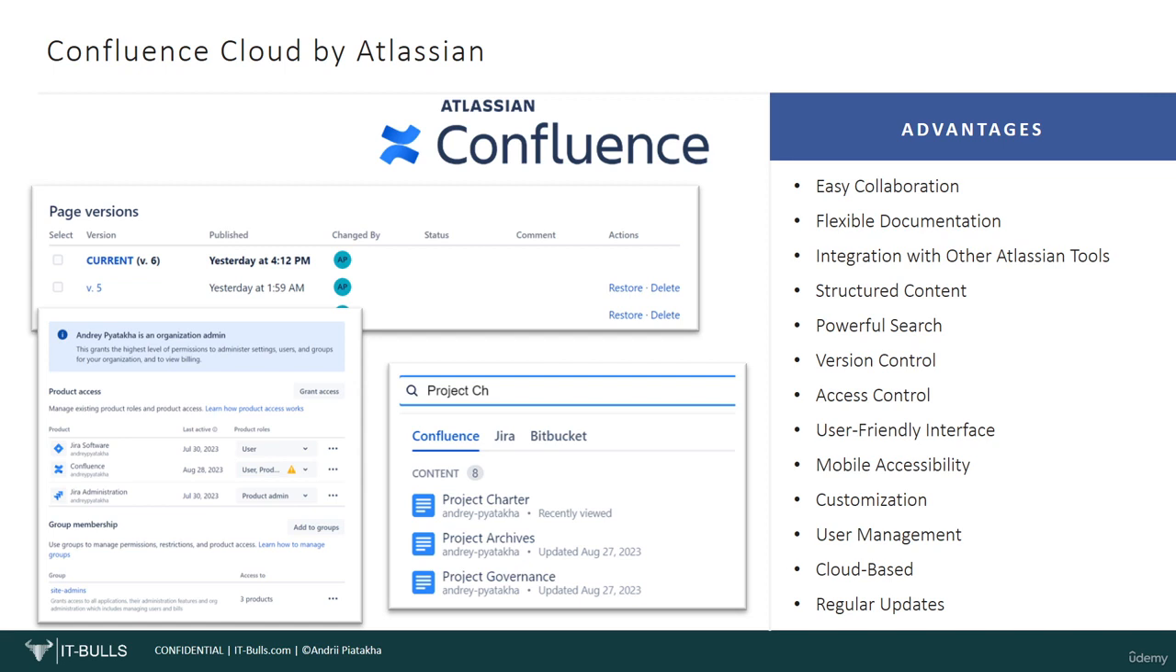Administrators can manage user permissions, groups, and settings efficiently, ensuring a secure and well-organized workspace. Cloud-based. As a cloud-based solution, Confluence Cloud eliminates the need for on-premises infrastructure setup and maintenance, providing flexibility and scalability. Regular updates. Atlassian regularly updates Confluence Cloud with new features and improvements, ensuring that users have access to the latest